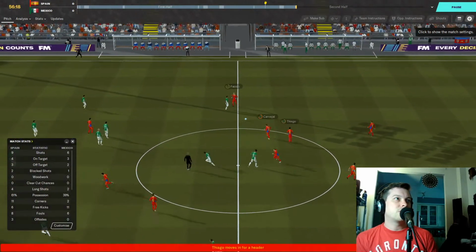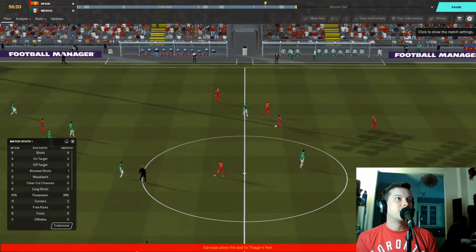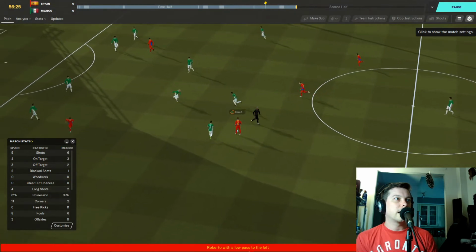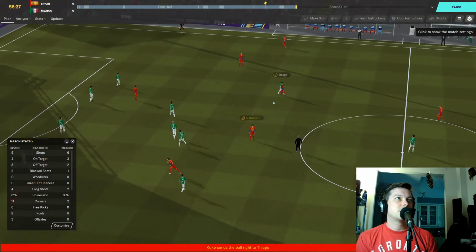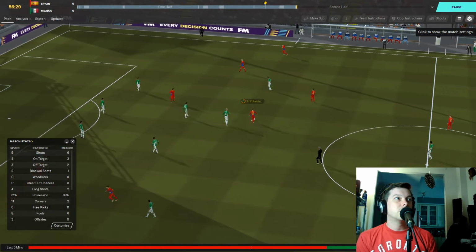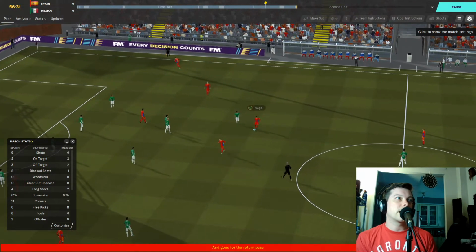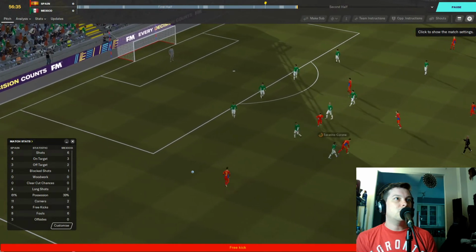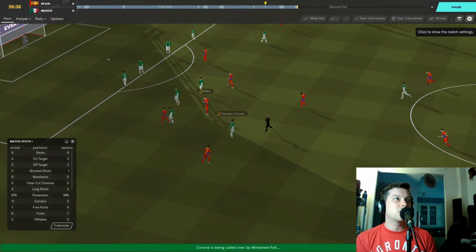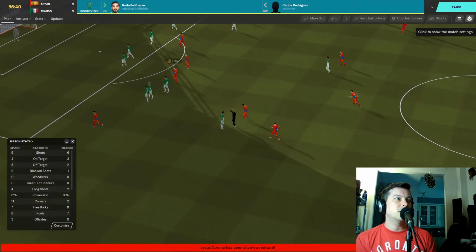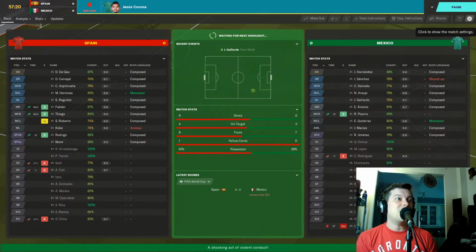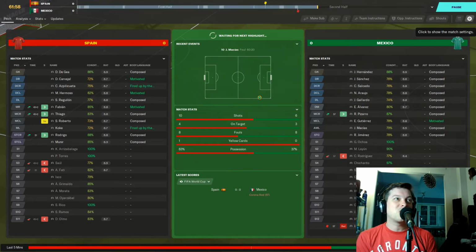Headed by Thiago, Fabian, Carvajal, into Sergio Roberto in the midfield. Over to Koke. Koke looking for space. Cross to Thiago, almost loses out. Sergio Roberto now into Thiago again. Slow build up for Spain. Ooh, foul by Corona there. Tecatito Corona. He might get a card. Could be a yellow. It's a straight red card for Jesus Corona. And he is off. Violent conduct, red card on 59 minutes, and Mexico are down to 10 men.